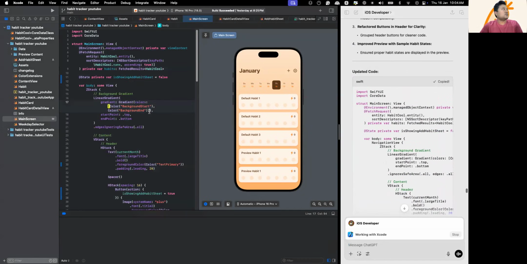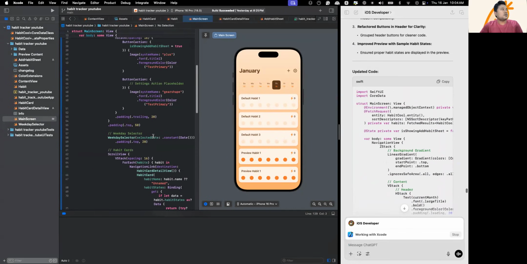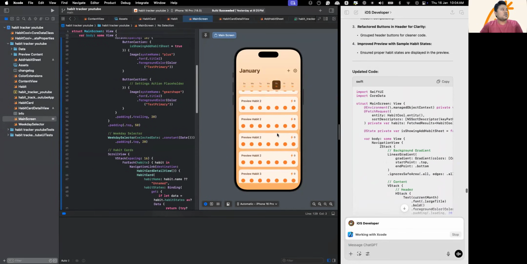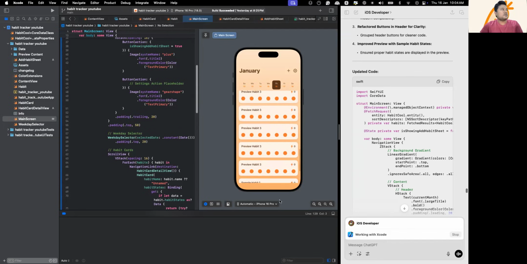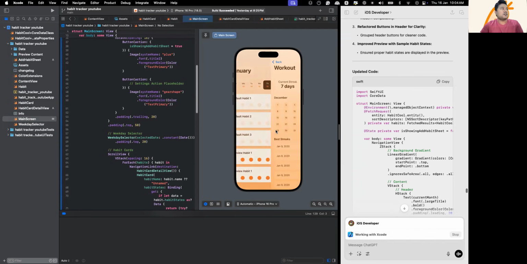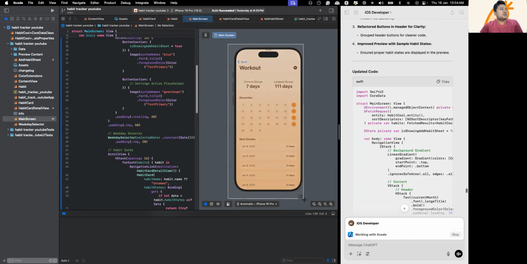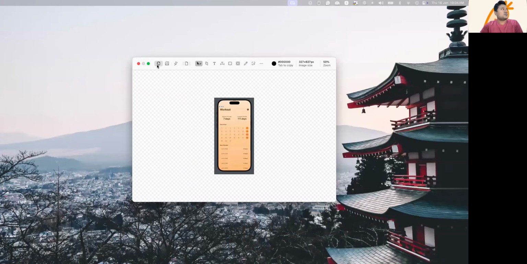I'll copy this code and paste it here. Let's see. Okay, we have a lot of preview habits. Let's see if it opens up. Okay, it's opening up as a sheet, right? This is not good, but it's working. Functionality wise, it's working. So if I click on the card, it opens up this sheet. So this is good. What I'll do is I'll just take a screenshot of this and paste it